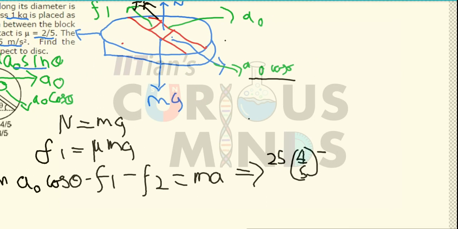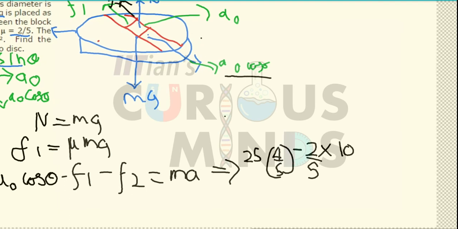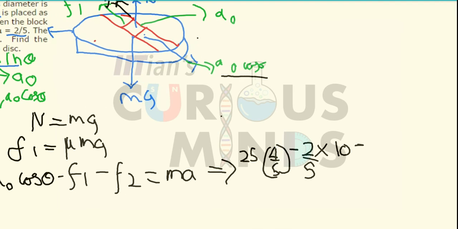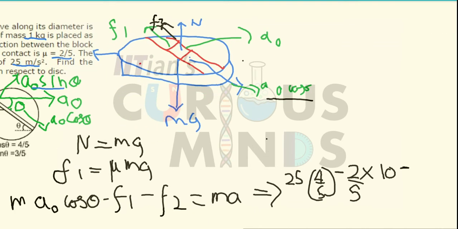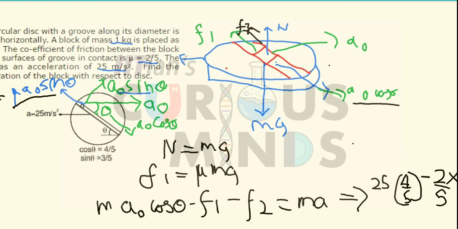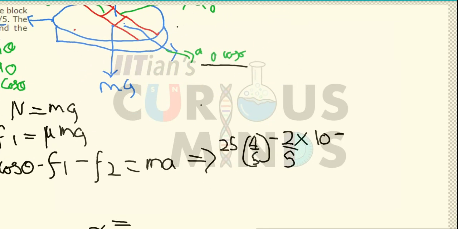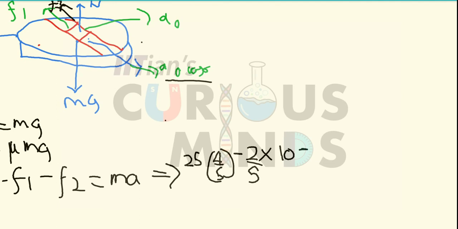The frictional force F1 is mu mg, which is 2 by 5, m equal to 1, g equal to 10, minus F2. F2 will be equal to mu A naught sin theta, writing the force, that is 2 by 5, A naught equal to 25, sin theta, where cos theta is 4 by 5, so sin theta will be 3 by 5,